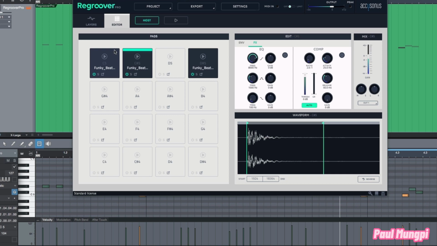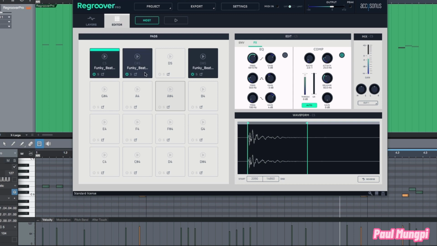Keep your eye on this. As I click the kick section, you'll see that it changes. So it's important to note that this effects section is for every single one of these pads. So essentially, we have 16 different EQs, compressors, gain sliders, and stereo or mid-side knobs over here to control those